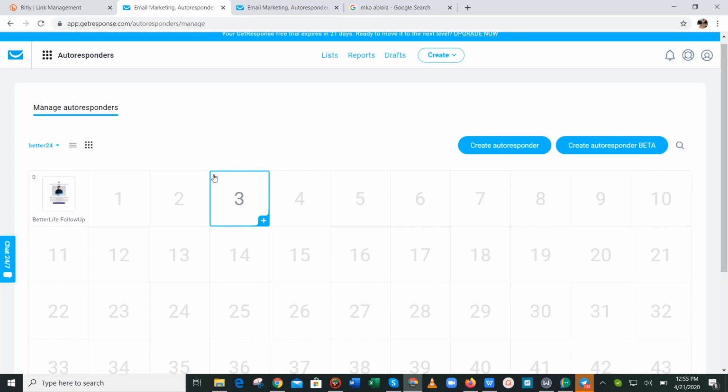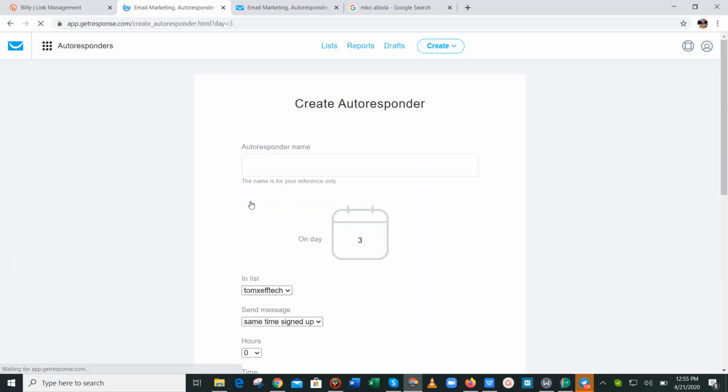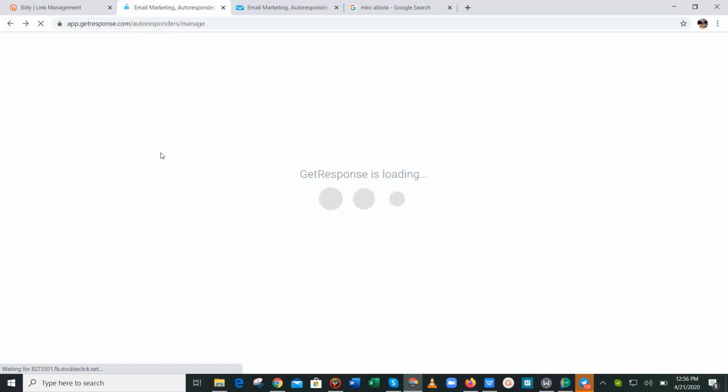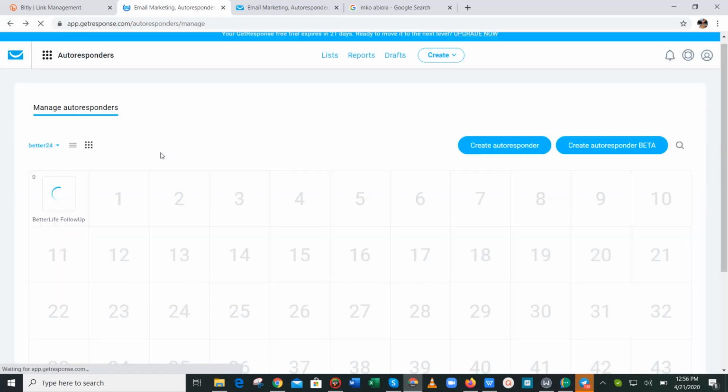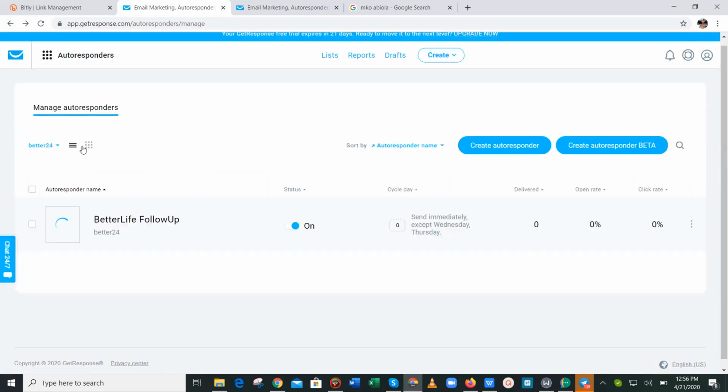Now I want to give it 2 days interval now. So the 2 days will be day 1, day 2. So I will now choose day 3. You can choose it from here. Let me show you the second another way you can choose it now. Let's say I'm using this format. I'm not using the calendar format. So you now click on